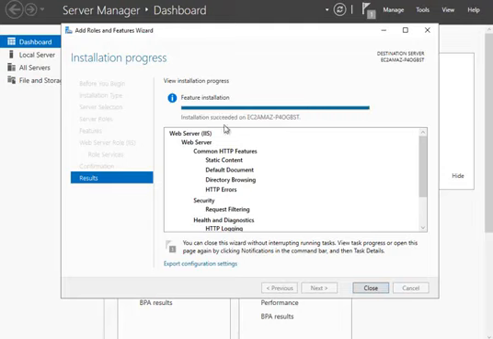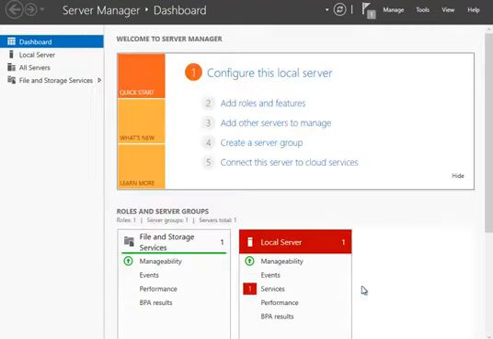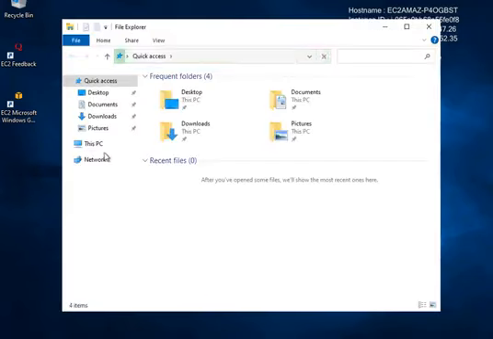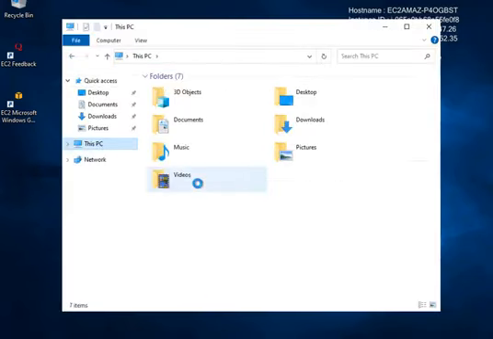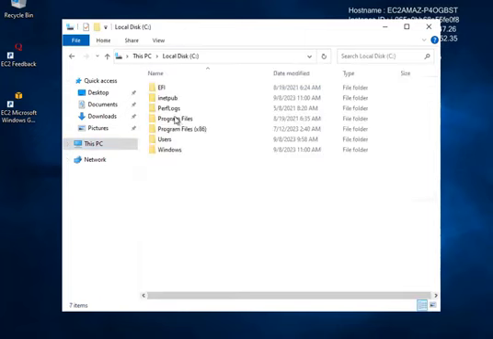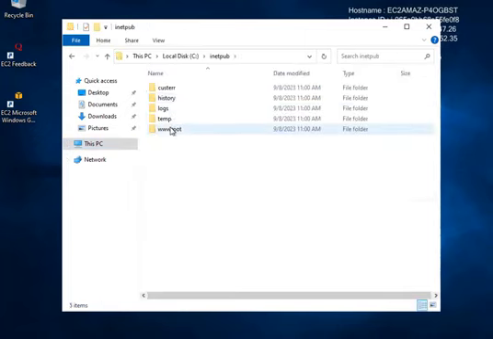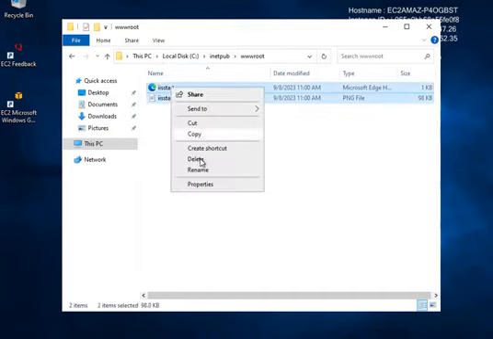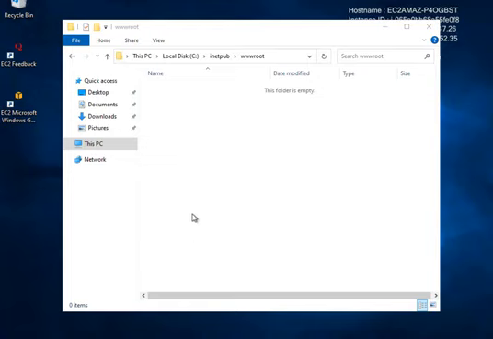Now the installation is succeeded. So I'm selecting the close option. I'm closing this server manager. Now I'm navigating to the path C drive inside this server, inetpub, and then wwwroot. Inside this, I will be creating an index.html file which will be having the contents as